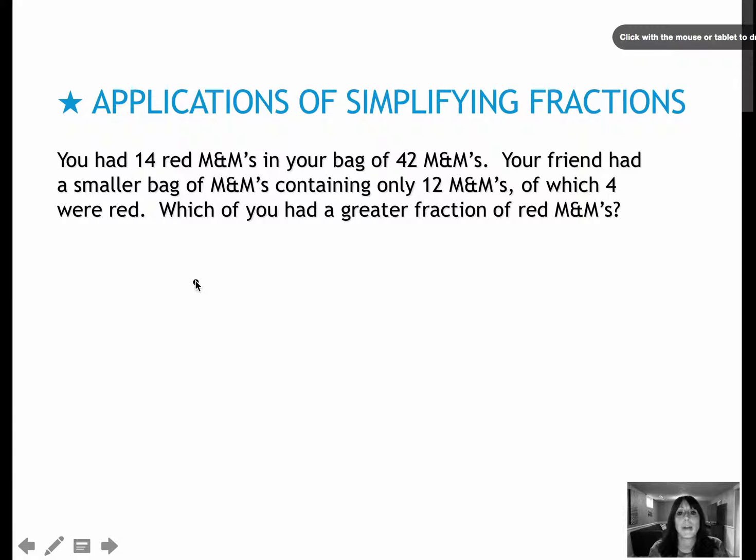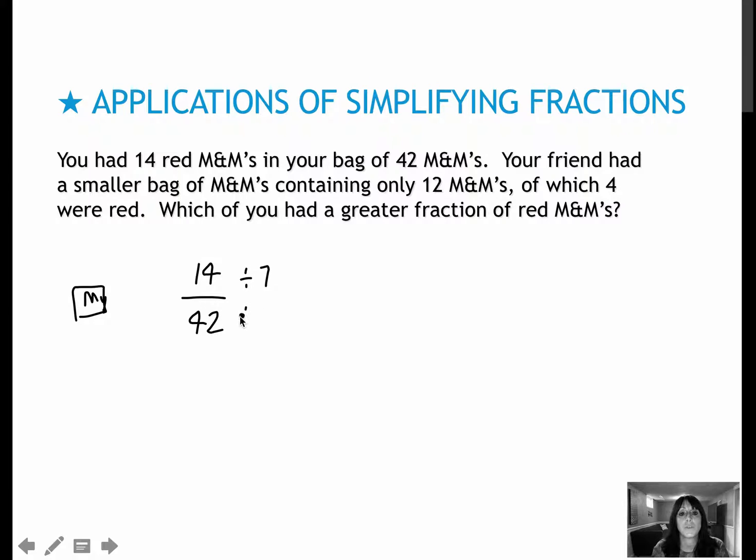I have a bag of M&Ms, and 14 out of 42 of those M&Ms are red. So this is my bag. Now, I can leave it as 14 over 42, but I can also reduce this. So if I wanted to reduce this, I would be looking for something that those two had in common. So it looks like they're both divisible by 7, and that would give me 2 on the top and 6